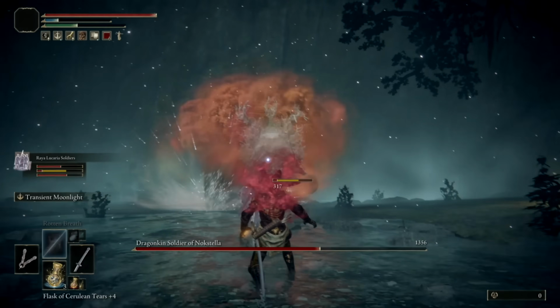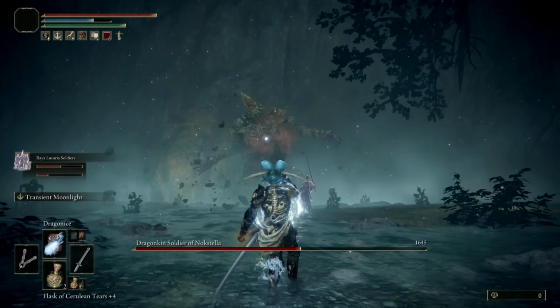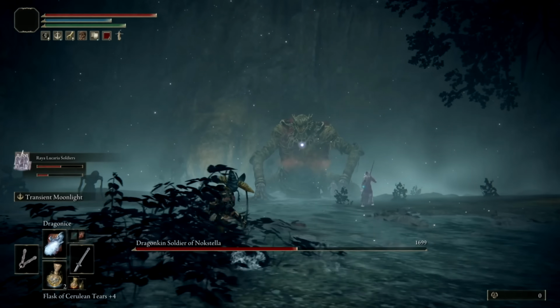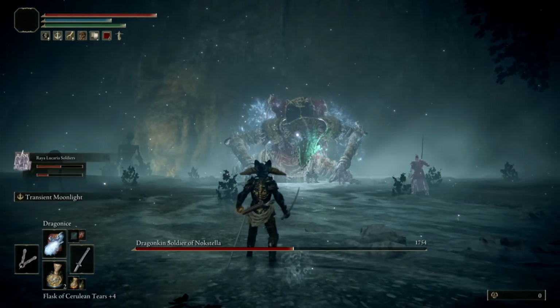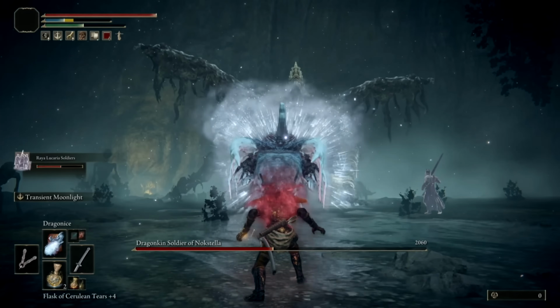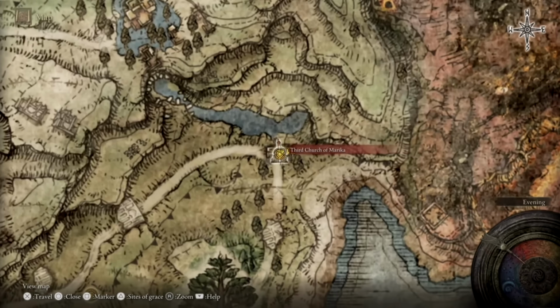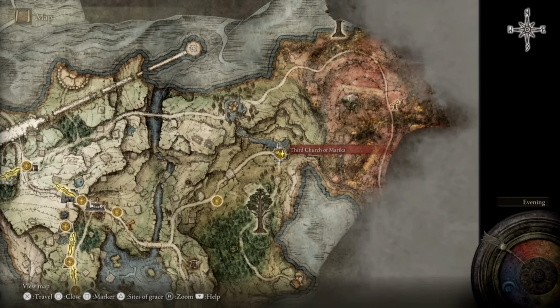Most of these methods are fairly simple and can be accomplished relatively early on in your playthrough with no special weapons or items required, and we've also included one method that'll require you to have a bit of AoE skill to make it worth your while. So let's say a silent prayer for the Sword of Night and Flame, tell Melina we want to go fast, and get after it. Our story begins early on in Limgrave at the Third Church of Marika,